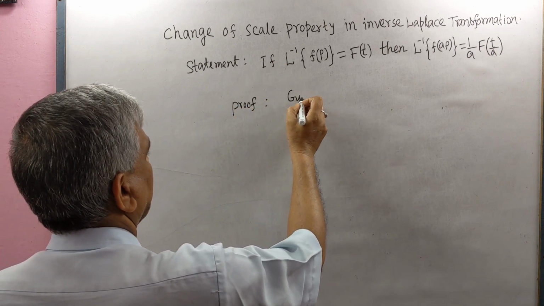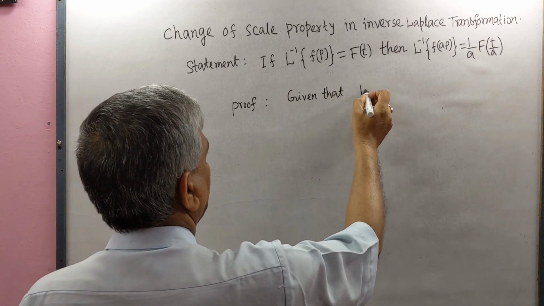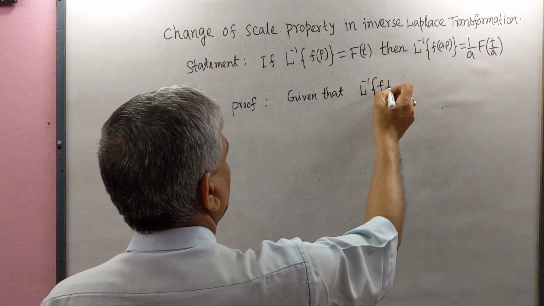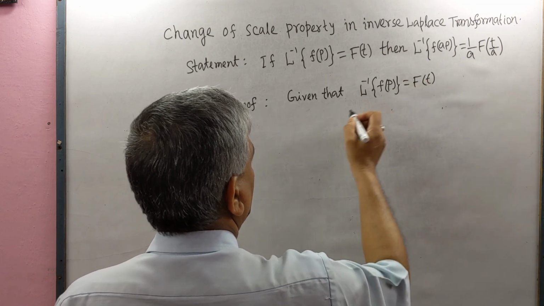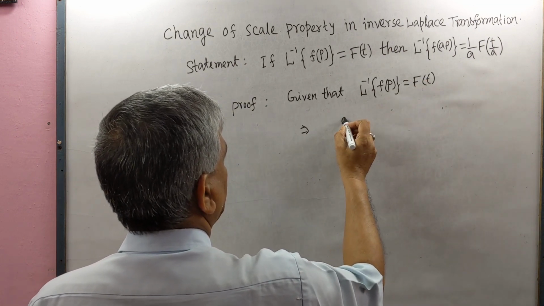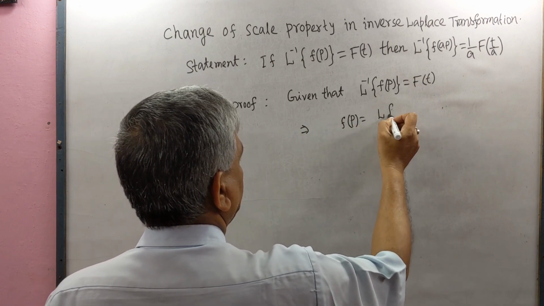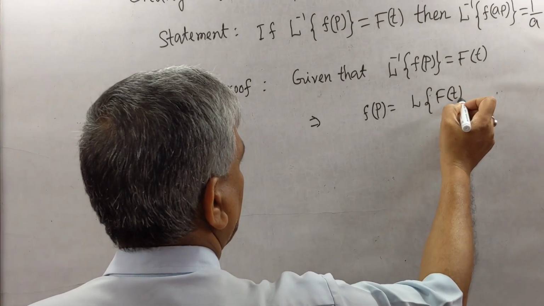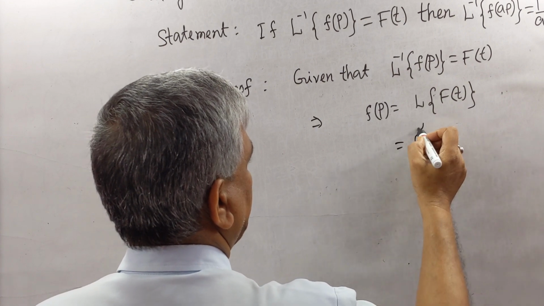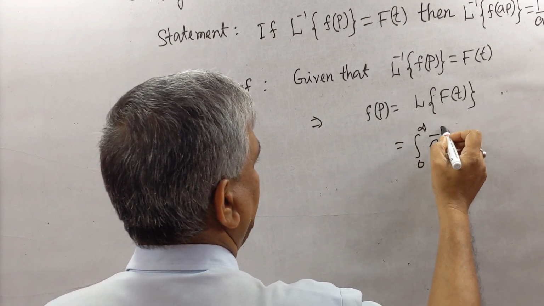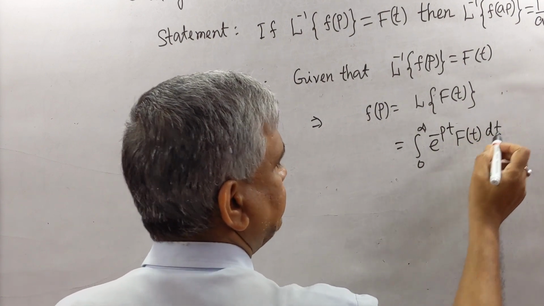Given that L inverse F(p) equal to f(t), this implies that F(p) equal to L{f(t)} equal to integral from 0 to infinity e to the power minus pt f(t) dt,